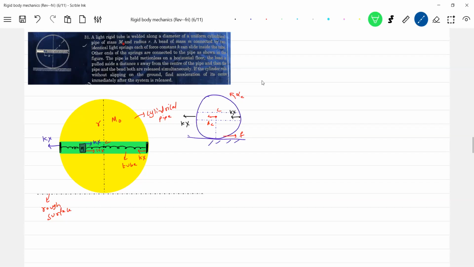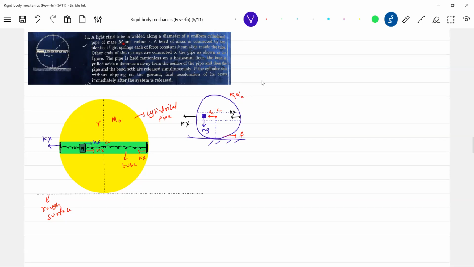Okay, now the moment I release it, what are the forces that will be acting? The weight of this also will act, no? I need AC, I'll show it here. That of the particle will be. This is very important.